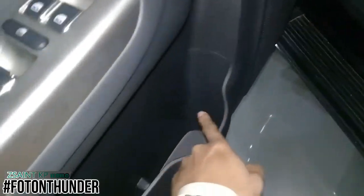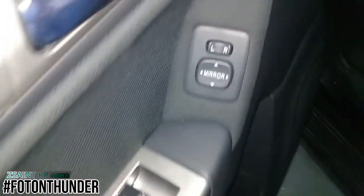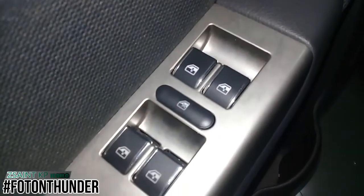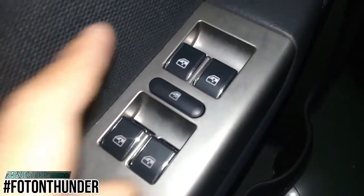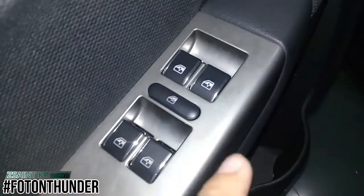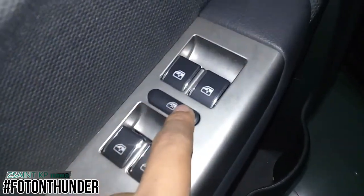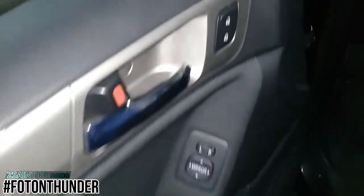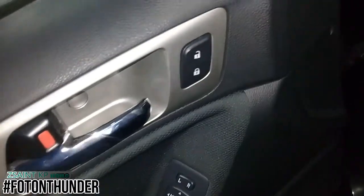Speaker down there, bottle holder, storage, mirror controls, window controls. All 4 windows on this car are fully automatic in both directions. You also have your window lock right next to the interior door handle. Got your central locking buttons,